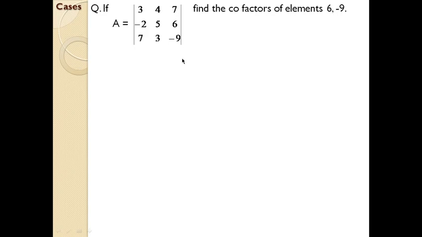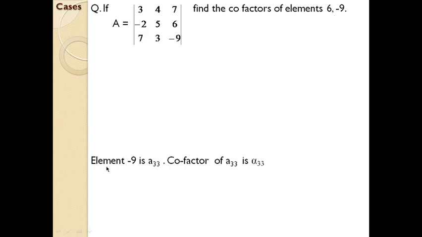So this is how you need to identify the position of an element within a matrix, because you need to identify the position within the matrix, then only you can do the computation part, because you have to specifically identify i and j. So usually you may come across a question where you need to find the cofactor of all the elements in a matrix. For the time being, we are using a simple question. So here, the cofactor of an element, 6 and 9.